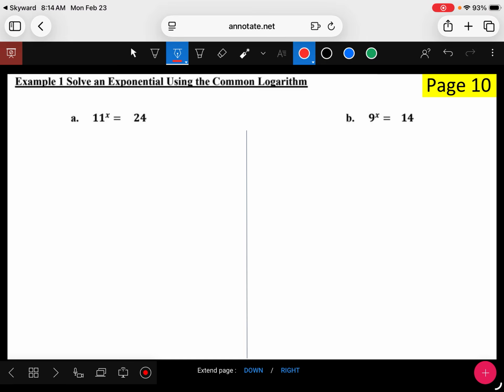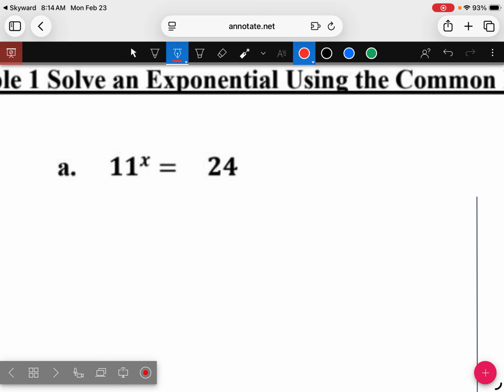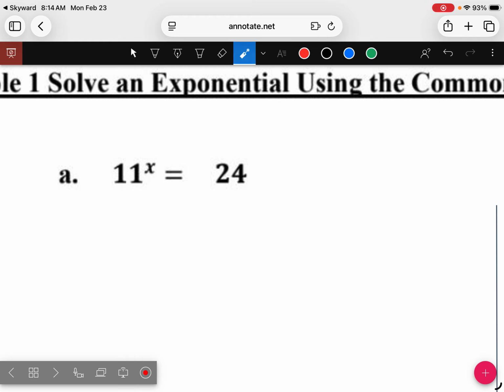So let's look at the first one here. What I mean by that is I cannot write 24 as 11 to a power. There isn't a whole number that I can attach to 11 to get 24. So what we have to do is put a log in on both sides. I'm going to put a log here and a common log here. And if you remember the property,